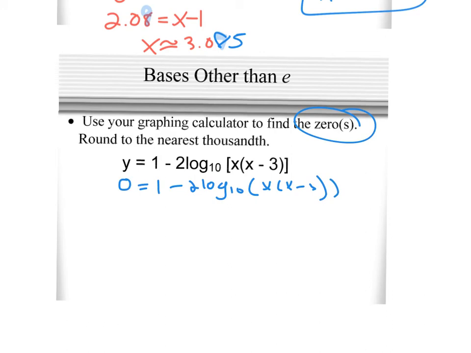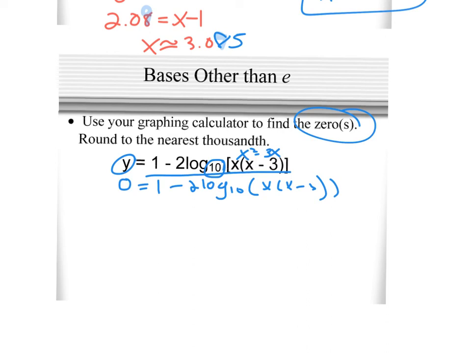So instead, what we're going to do is plug y equals into your y1, into your graphing calculator. So go to y1, plug in that entire equation. You don't even need the base 10 because it assumes a base of 10 when you put it into your calculator. So if you just plug in 1 minus 2 log of x times x minus 3, you can even change this to x squared minus 3x, just in case you're worried about parentheses being in there. But if you graph it, what you're going to see